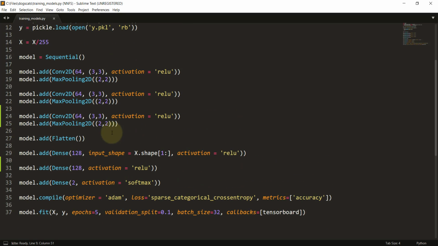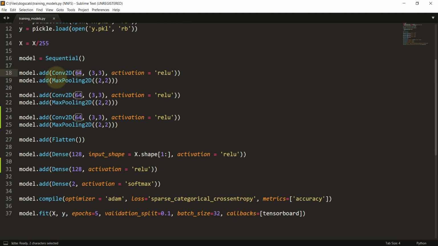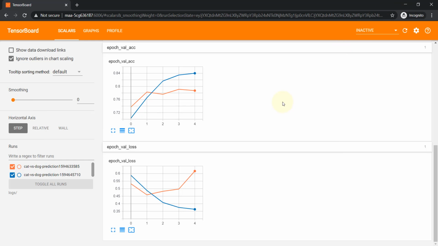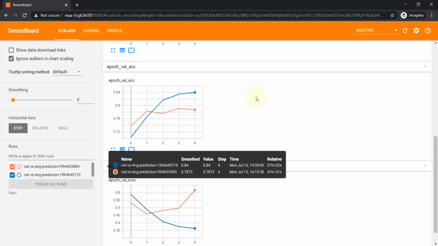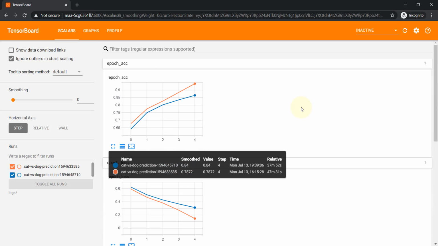You need to play around with the number of neurons that we have, the number of convolution layers that you are going to give, the number of max pooling layers, the number of dense layers, the number of neurons in the dense layers, and the activation functions in the dense layers. So play around with multiple models, run multiple models, and visualize all those models using TensorBoard, and with those multiple models, come up with a model.